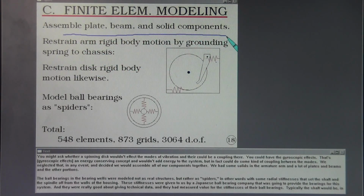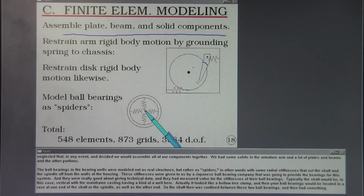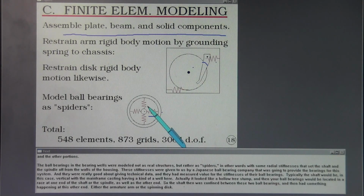We had some solids in the armature arm and a lot of plates and beams in the other portions. The ball bearings in the bearing wells were modeled not as real structures, but rather as spiders. In other words, with some radial stiffnesses that set the shaft and the spindle off from the walls of the housing. These stiffnesses were given to us by a Japanese ball bearing company that was going to provide the bearings for this system. And they were really good about giving technical data, and they had measured values for the stiffnesses